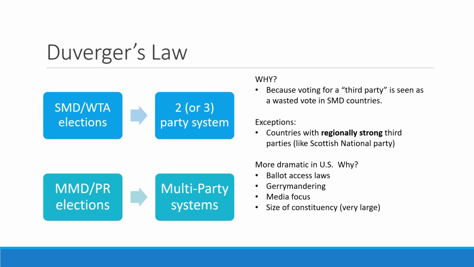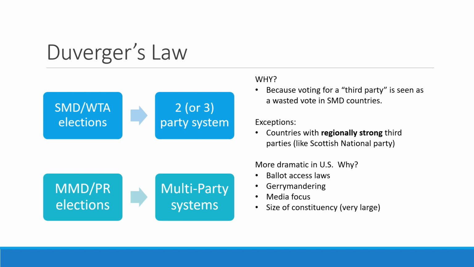So a political scientist named Maurice Duverger is famous for his law, which is based on observation of the situation in different democracies that have these two different kinds of electoral systems. It's also based on mathematics. And what Duverger's law, without going into the complexities of it, basically says is that countries that have winner-take-all single-member district elections are going to have very small party systems. They're going to have probably, what Duverger would say, two parties, like in the United